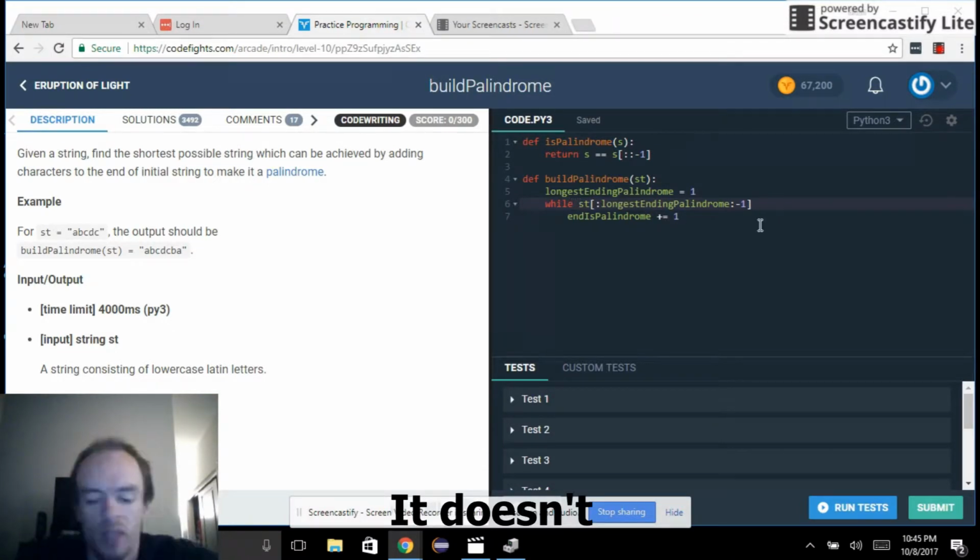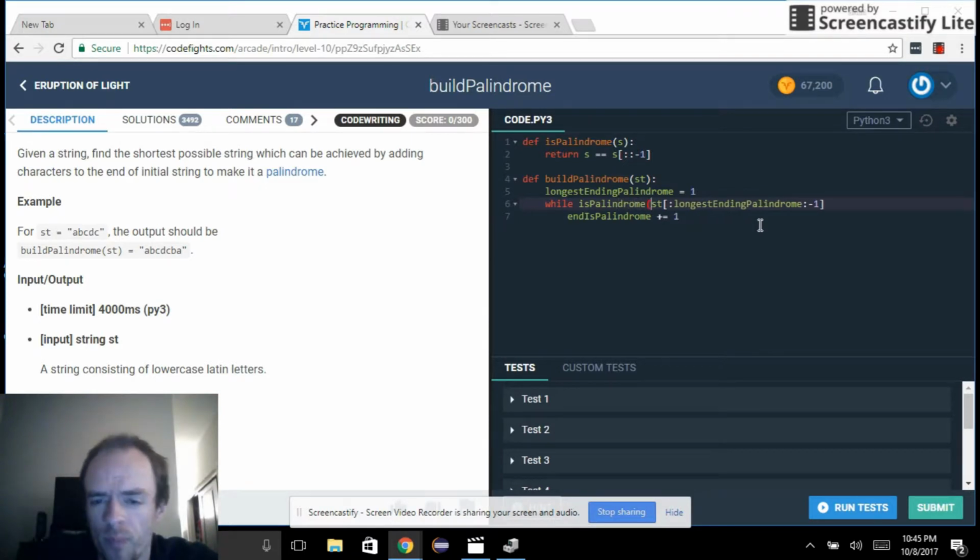Oh, that's not doing anything. What it has to be is palindrome. So we take the chunk of the end of the string. We start at the beginning. Go, no. We want to start at